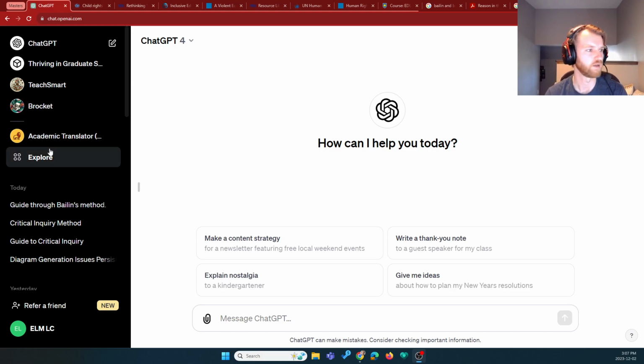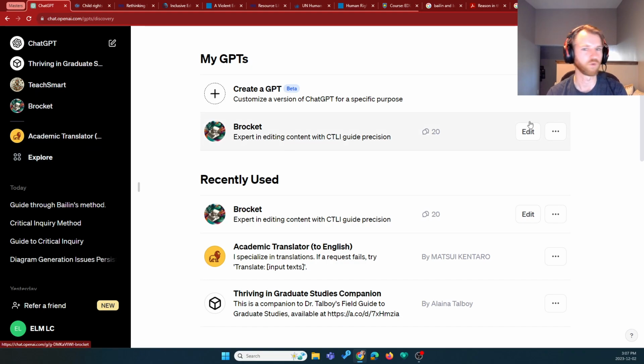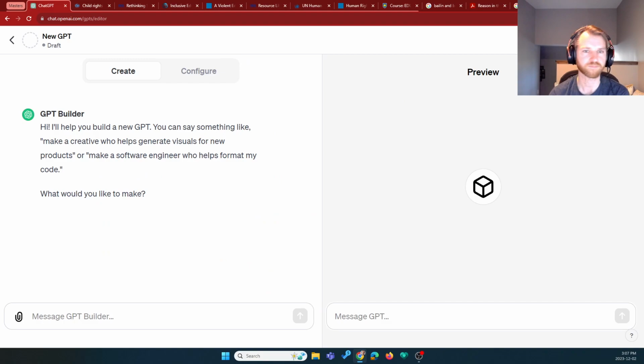So the way this looks is by going to Explore here, we can create a GPT, and it says, I can help you build a new GPT. You can say something like, make it creative. Or, what would you like to make? So I'm going to say I would like to make a